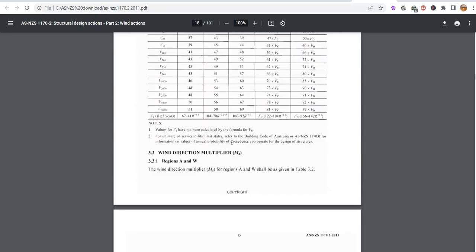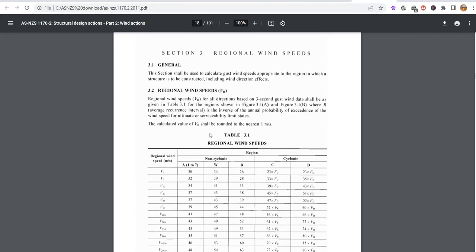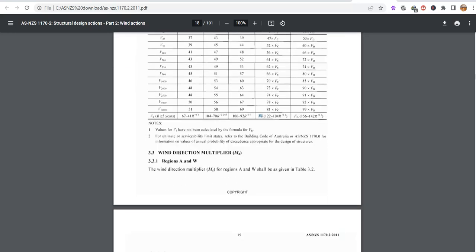So if I go up to this formula, back to this table, regional wind speed in meters per second, because I'm going to design a building with a lifespan greater than 5 years, which is VR for R greater than 5 years, and I'm going for cyclonic region C. I'm going to use this formula. This is the formula that is used to calculate the regional wind speed. Regional wind speed, remember,